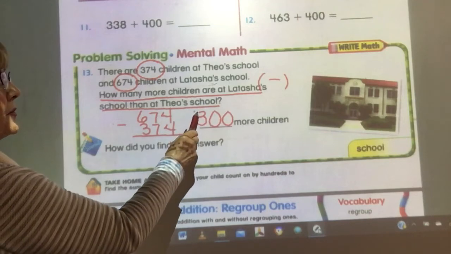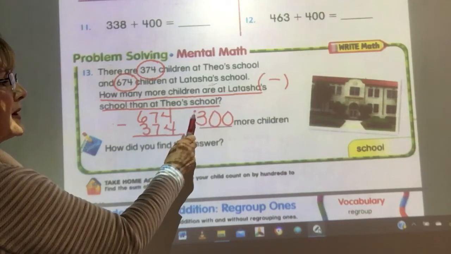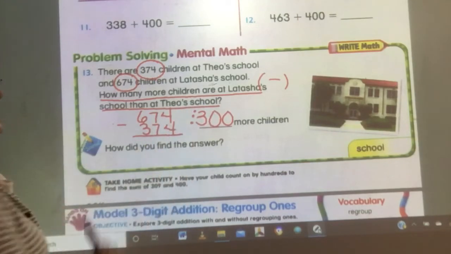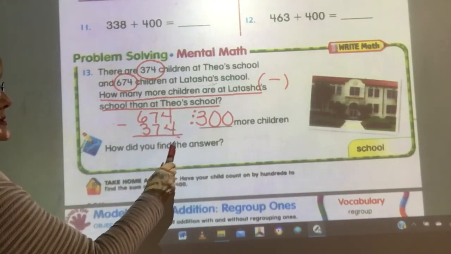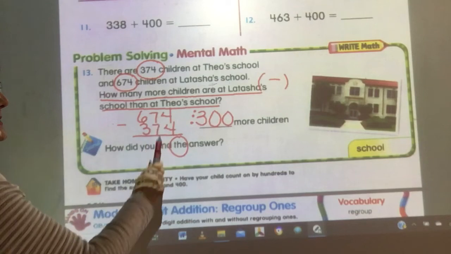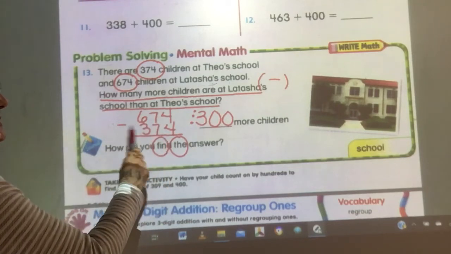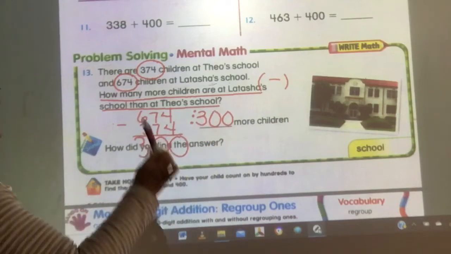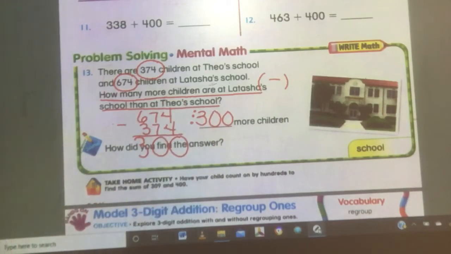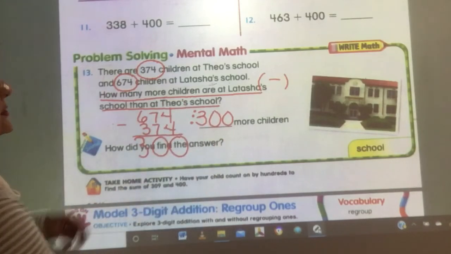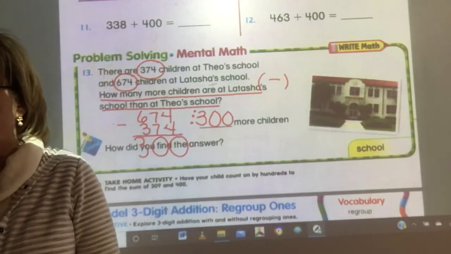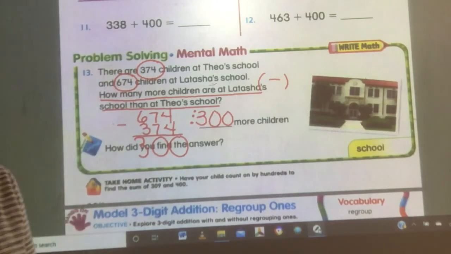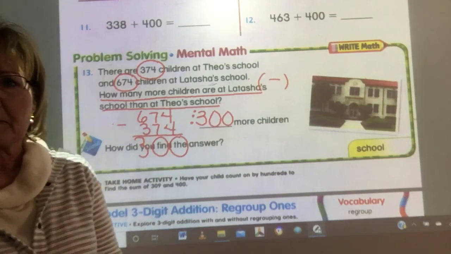So it'd be like 374, 474, 574, 674. Or you could do the old-fashioned way and say 4 take away 4 is 0, 7 take away 7 is 0, and 6 take away 3 is 3. But they kind of wanted you to count back, okay? So after you finish that, that takes care of Tuesday's math, okay? And then